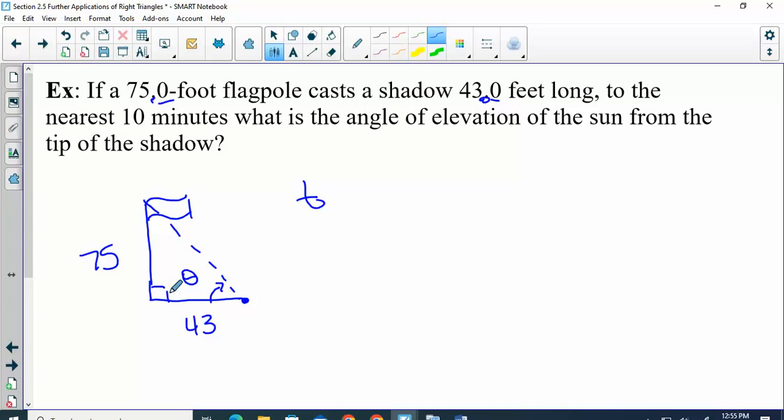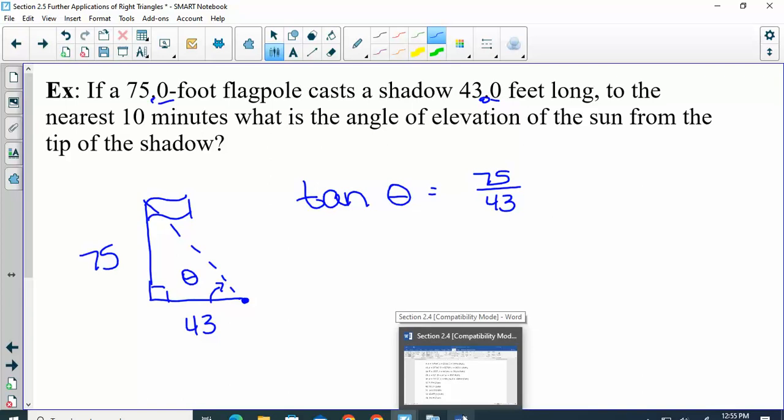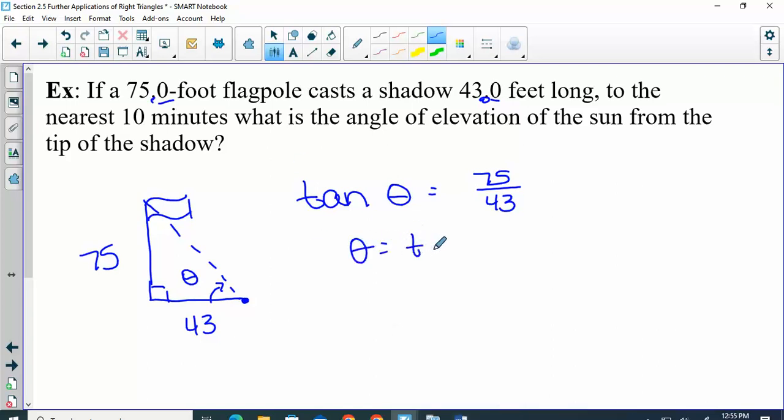Carson, why'd you say inverse? So tangent is opposite over adjacent. So we need to find our angle, and anytime we're finding the angle, the only way to move the trig function away is to turn it into an inverse. So our angle is tangent inverse, or second tangent. So I get